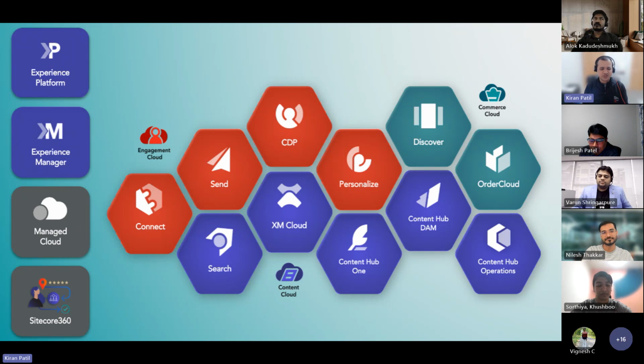So a lot of information. I'll just summarize what I heard, and correct me if I'm wrong. You are seeing that earlier there was some hesitation about XP and XM moving to XM Cloud, and people wanted to stick around XP and XM. But now you are seeing some trend where people are moving towards XM Cloud, and Content Hub DAM is still getting attraction, but there are still some compliance questions because Content Hub DAM stores a lot of data. That's the overall understanding.